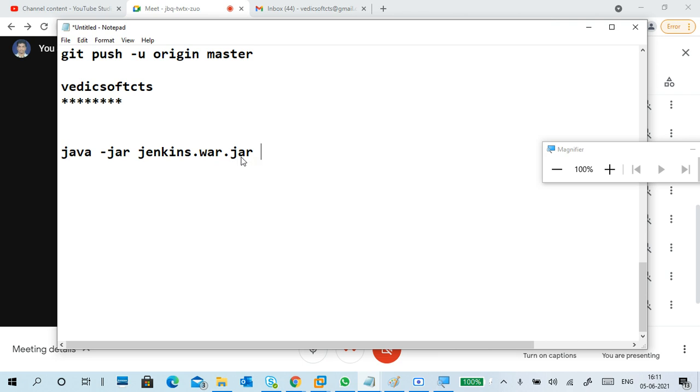Of course, the .jar is also there, and I want to put it on a different port number, not the default. So like this. When we are installing, we follow the steps: plugins installation, user creation, then we are done. Now completed. Today's work is completed.